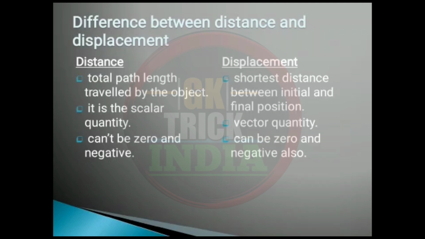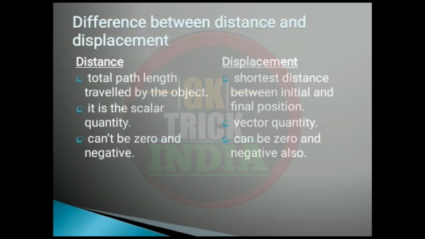Distance cannot be zero, it cannot be negative also, as there might be some distance whether an object is moving with a small distance or a large distance, while displacement can be zero, as in the case we have seen when an object returns to its original position. Let's take an example when a man is jogging in a rectangular park. He started, suppose, at position A. After 4 rounds, he returned to his original position. So distance will be 4 times the perimeter of the park, while displacement will be 0, as there is no difference between the initial position and the final position.